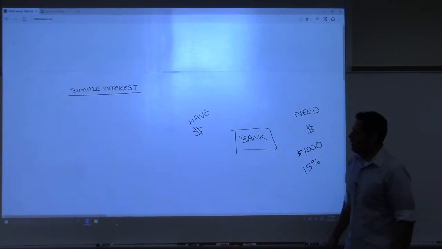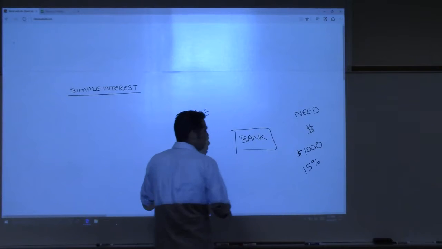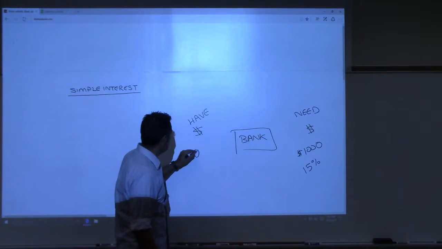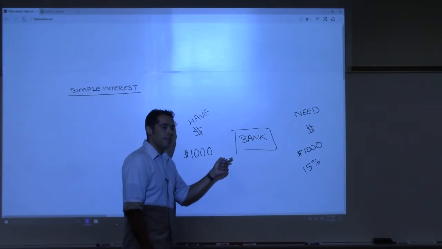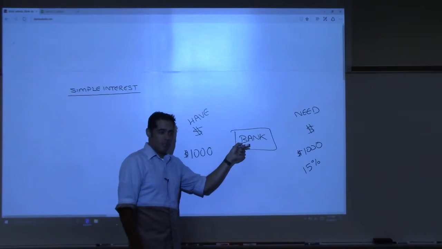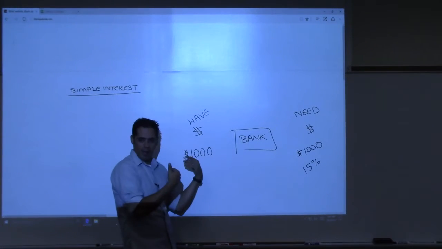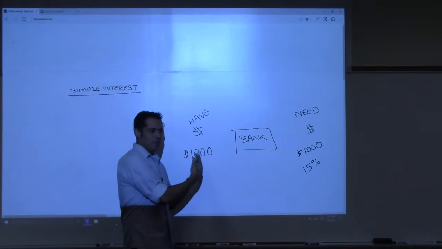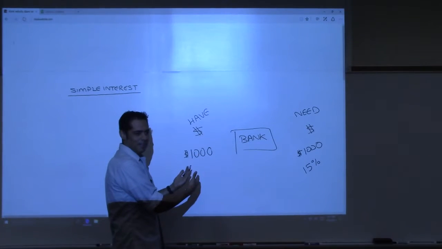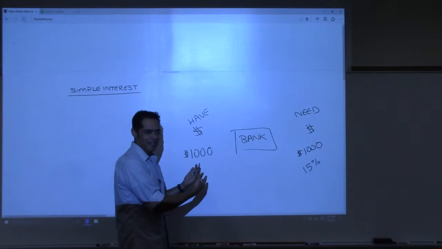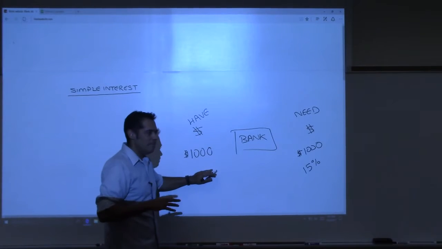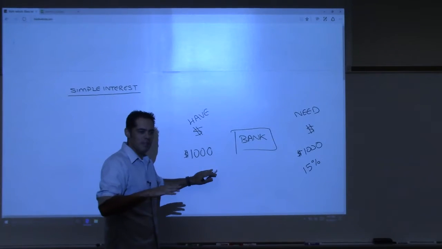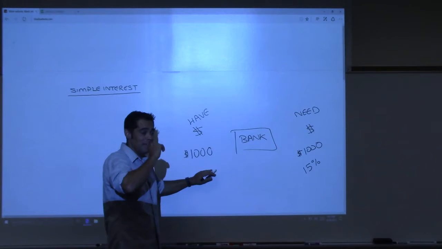Now, the people who have the money will go and put the money in. Let's say this person has $1,000 and wants to put it in the bank. The bank says, all right, we're going to take your money, thank you very much, and we're going to give you some money for your money. Now, what percent do they give you? Usually not even 1%. It used to be you could get around 2%, like 3%. Probably about 10 years ago you could do that,